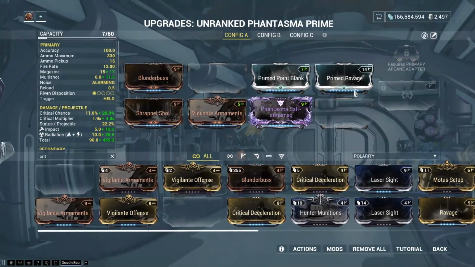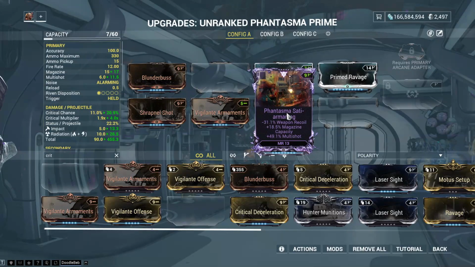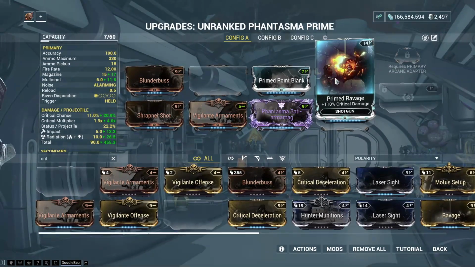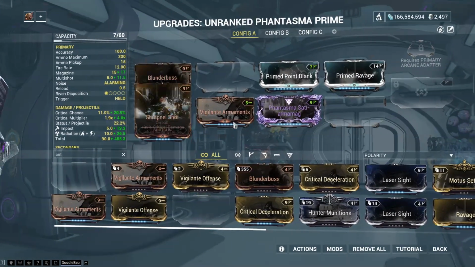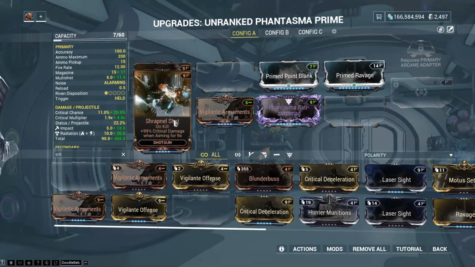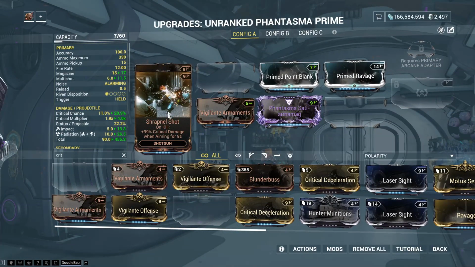I would ignore what's actually on that for now. I need to swap that around a little bit because magazine capacity I want, multi-shot I want. The weapon recoil is just a bonus, so I'm going to leave it as that for now, but including the crit chance mod with some multi-shot, obviously Hell's Chamber will go into a slot, but Shrapnel Shot